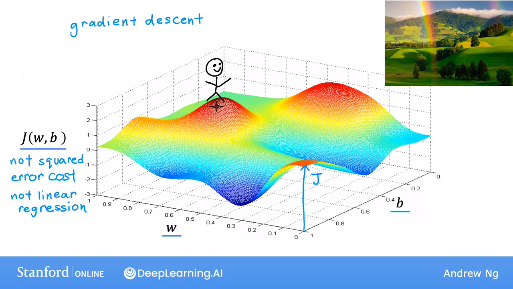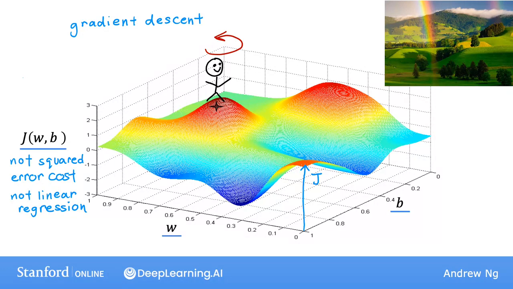So what the gradient descent algorithm does is you're going to spin around 360 degrees and look around and ask yourself, if I were to take a tiny little baby step in one direction, and I want to go downhill as quickly as possible toward one of these valleys, what direction do I choose to take that baby step? Well, if you want to walk down this hill as efficiently as possible,